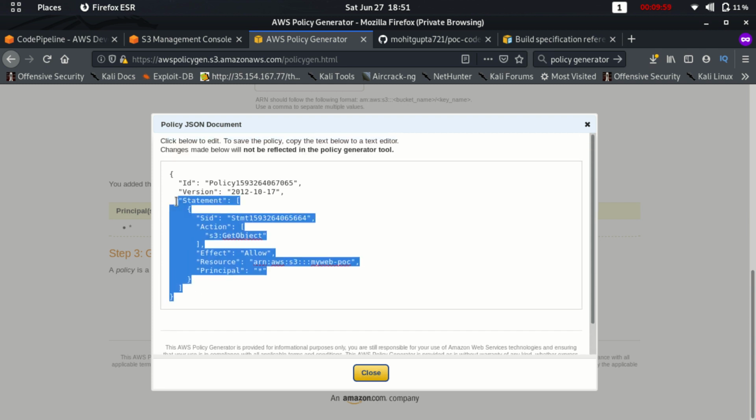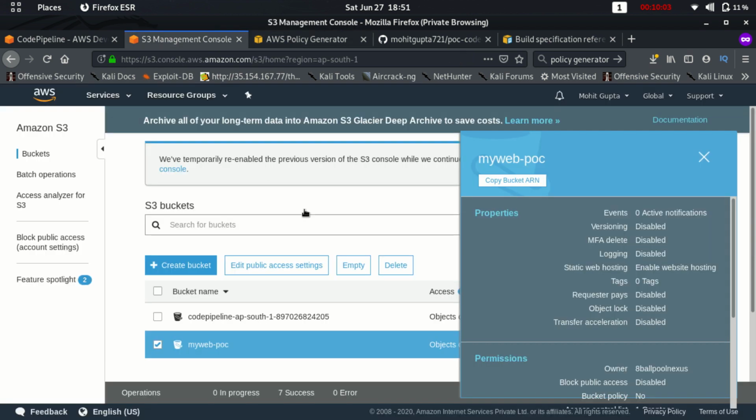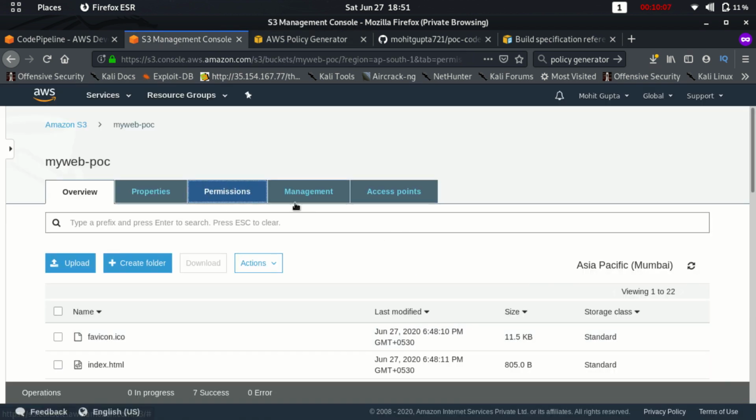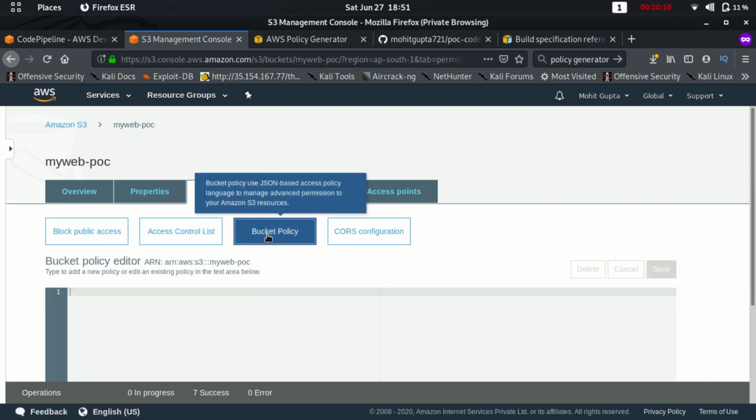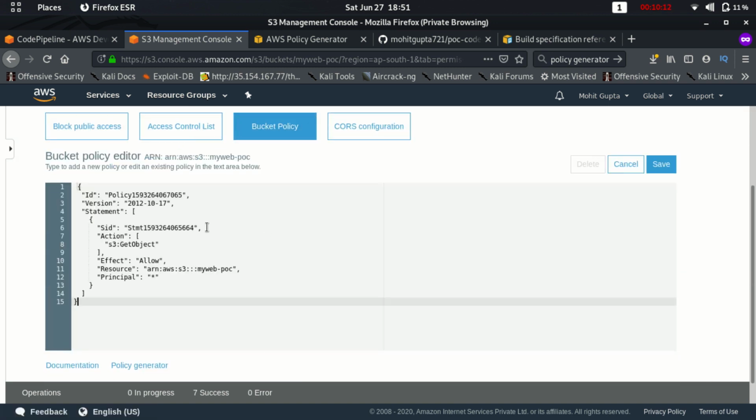Just copy this policy and open your bucket. In the permission section, click the bucket policy and paste this policy. But as you can see, effect is allow on the resource. This is the complete bucket URL, but we need to make all the objects inside the bucket public. So just put /* and save this policy.